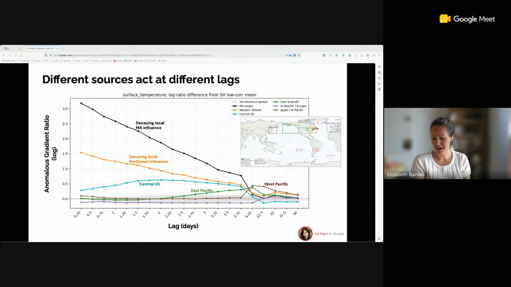And then one of the things that I think is particularly nice here as a baseline is we've chosen 3 boxes in the Southern Hemisphere that we know should not have a large contribution over this 50-day time scale. And we use that as a baseline upon which we provide the relative importance of these other regions. So the idea here is there are ways to use XAI with these autoregressive rollouts, but we need to be more creative than we have been thus far.